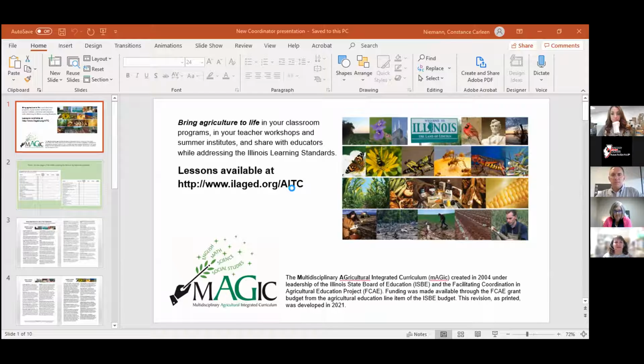So by each lesson, there are charts that tell you which standards are met. Those are also on each lesson. We have lessons that span several different topics. Illinois is a general one. It has, I think, about 30 to 40 lessons in it. You're going to get this brochure, I believe, in your box for next week's meeting. So there's Illinois, dairy, insects, machines, plants, poultry, and soil, which are our big umbrella areas where we did lessons from. On this lesson brochure, which is also online, there's a fillable spot down there